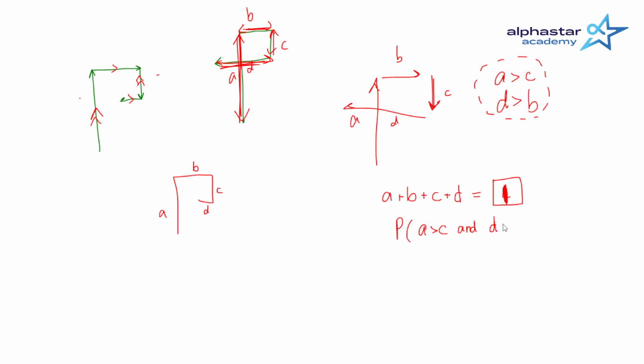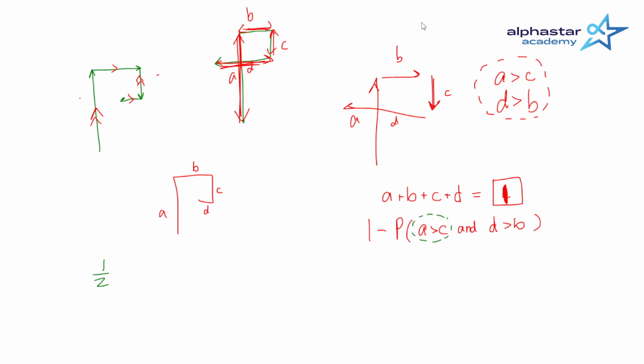We want a safe track, so we can think about it as 1 minus the probability that it does self-intersect, of course, A greater than C and D greater than B. This might be very difficult to consider at first, but let's just think about one of these. How about A greater than C? What's the probability that if we pick 4 random numbers that add up to 1, picked uniformly, A is greater than C? That probability should just be 1/2, due to symmetry. There's no reason that A should be greater than C more than C is greater than A.